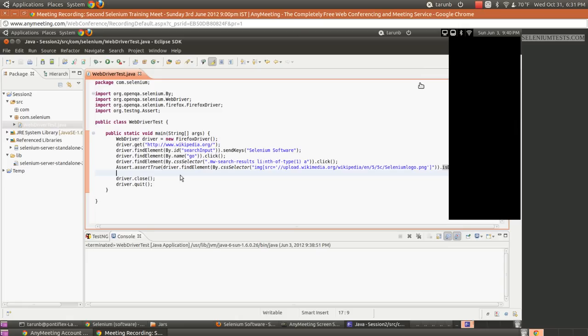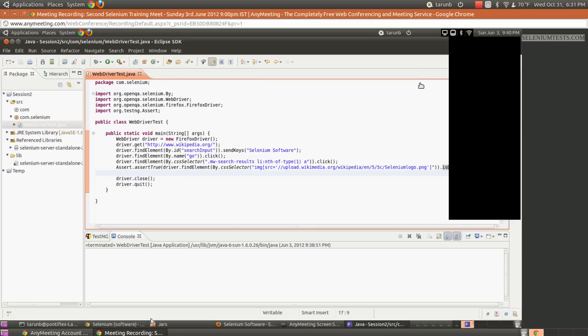Okay, so let us see that what we have written so far, we cannot really use it in a real test, because in a real test you will have lots of methods, lots of tests. You cannot write everything in one main method. And this is where a framework comes in the scene. So what we are going to use here is the TestNG framework. So let us see how we can use that.